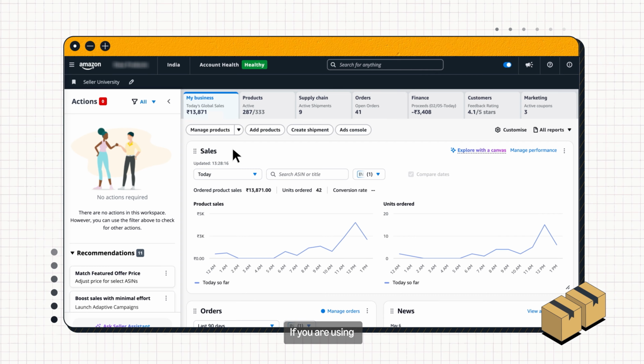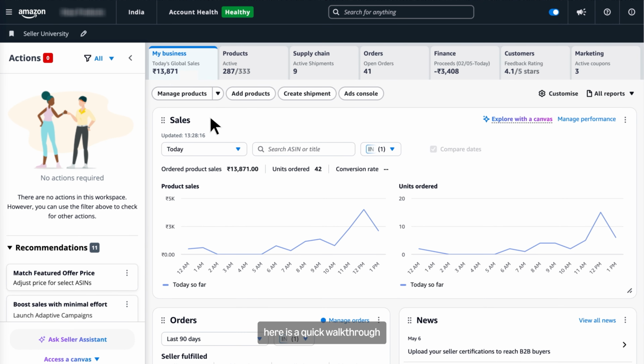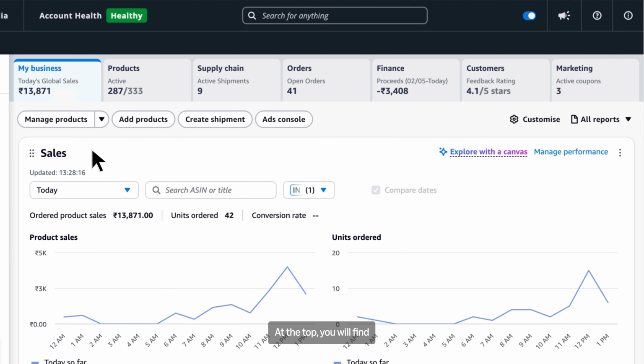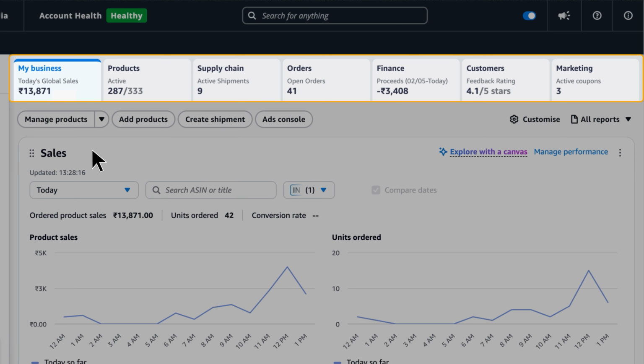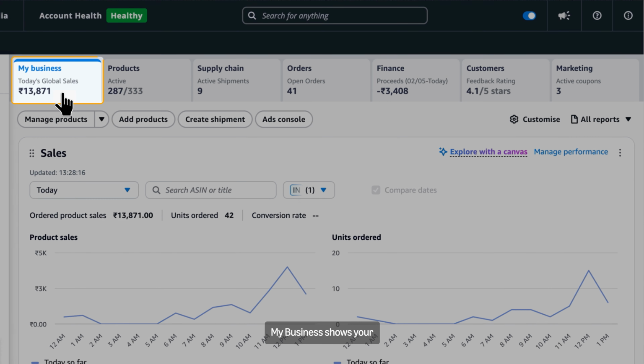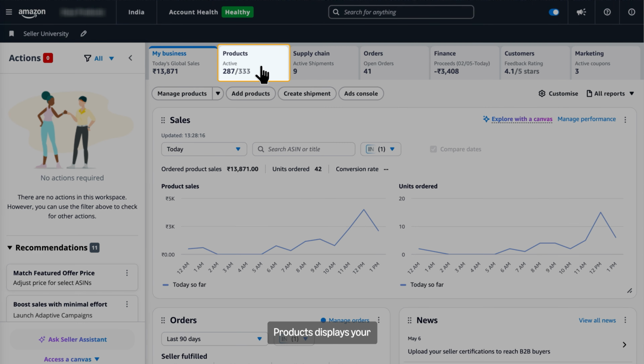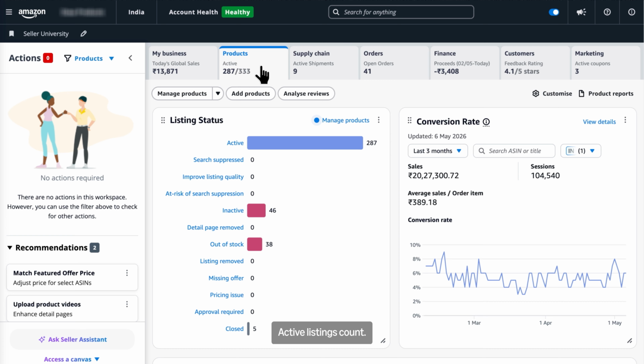If you are using the new Seller Central experience, here is a quick walkthrough of your home page. At the top, you will find the Workspace tab bar, a summary bar with key business sections. Starting from the left, My Business shows your today's sales at a glance. Products displays your active listings count.